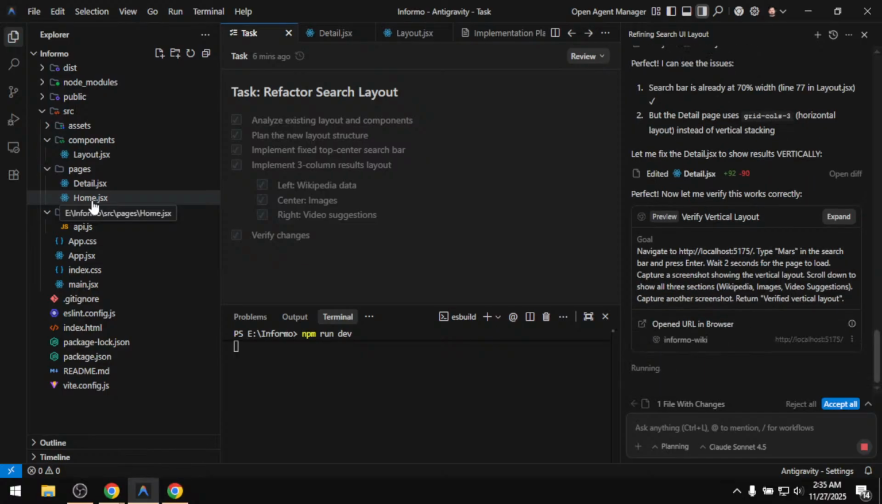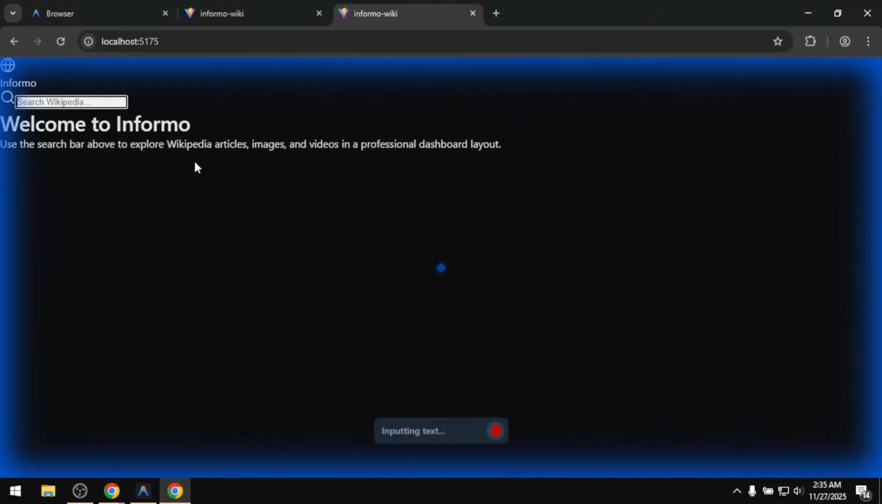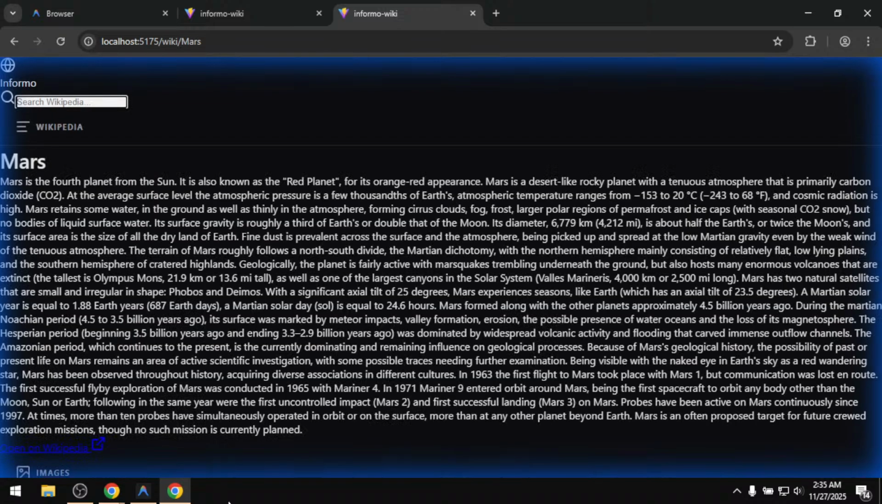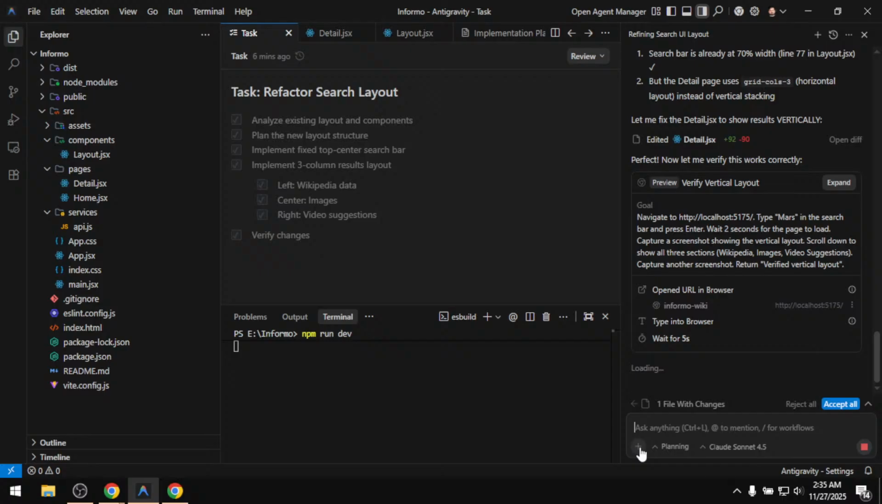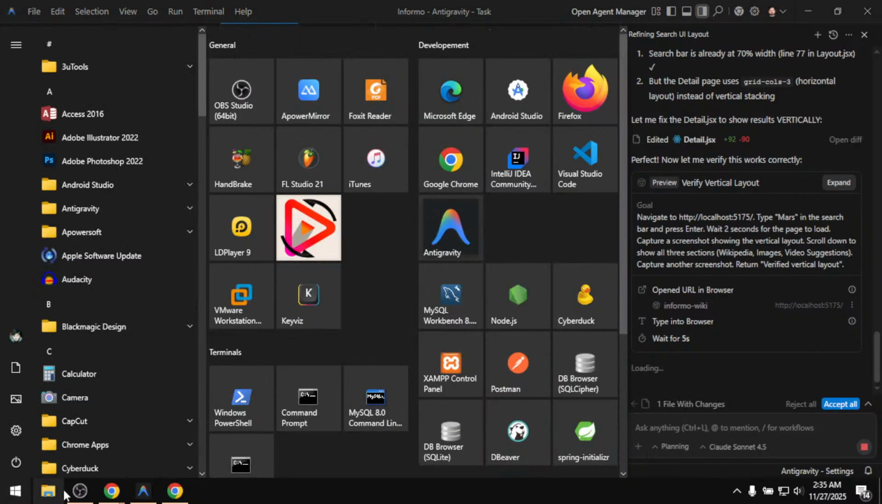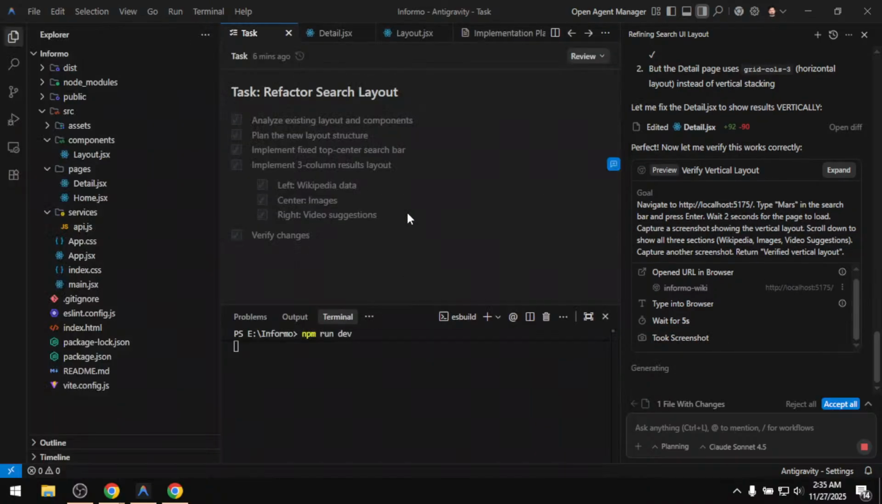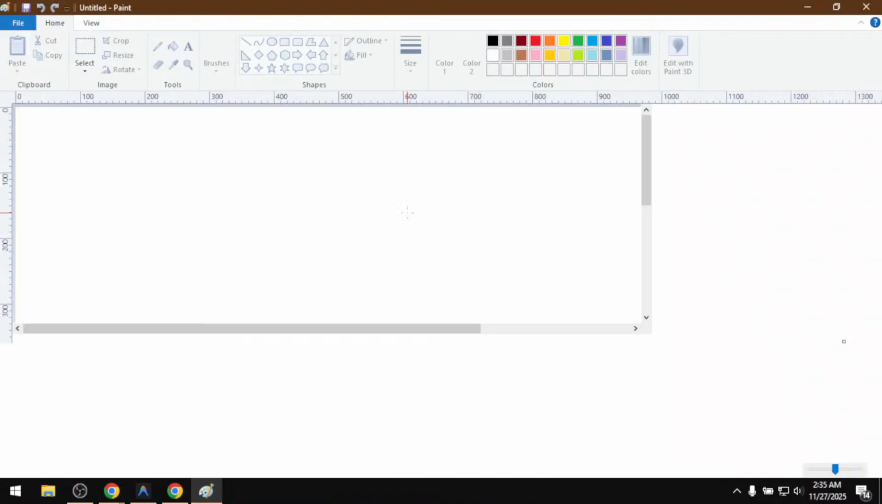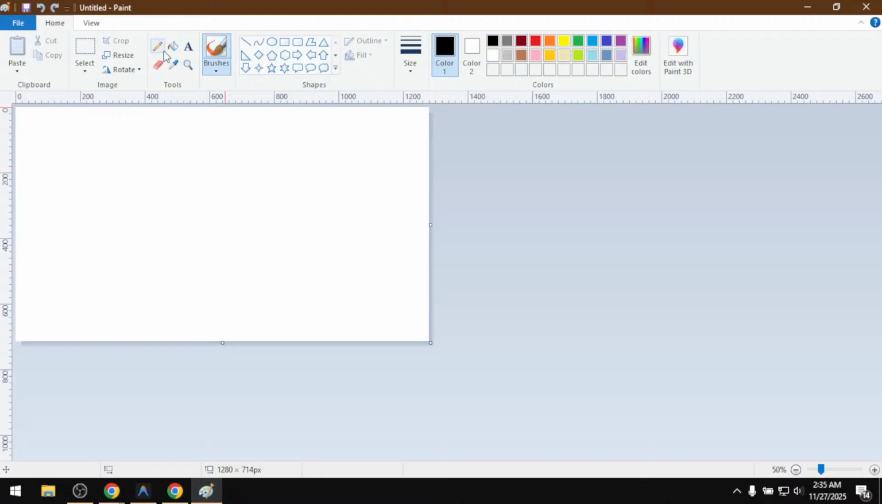Why? Why agent? The search is. Come on. Can we just click on plus? Okay, we can upload an image to him, right? So let me open Paint, P-A-I-N-T, Paint. Okay, and let's demonstrate to him